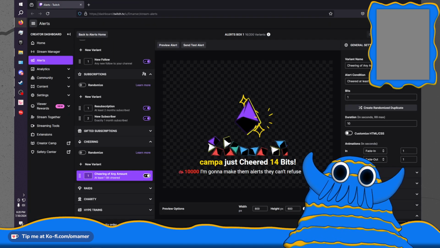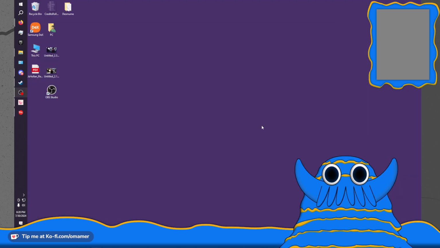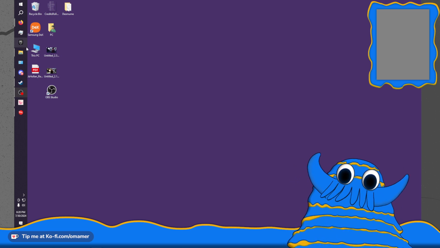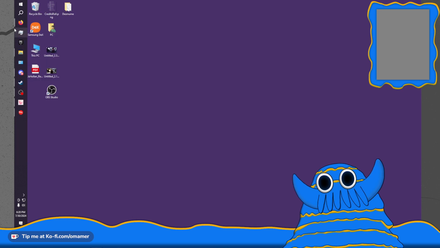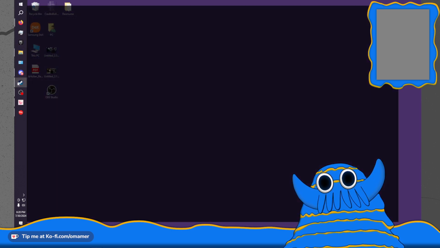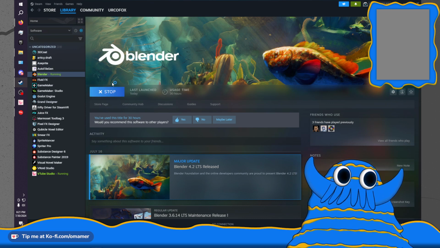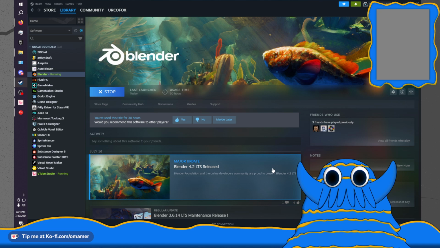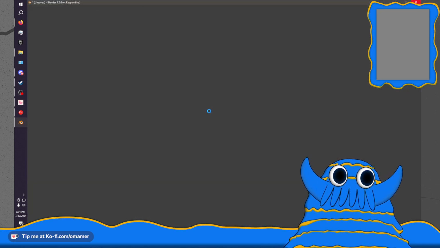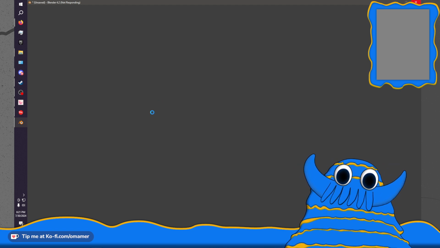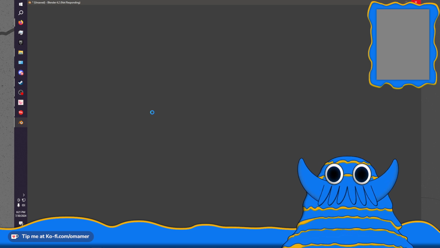I make perfect sense. Anyway, what I'm thinking is, since it's kind of a 3D shape, or at least implied to be a 3D shape, maybe the best thing to do is to make it in Blender. Because this is not going to take too long, I don't think. We've just got to make it in here and then color it, and then I can export it as an OBJ and open it in Moho Studio. And it's going to be a pain to work with in there, but we can do that.